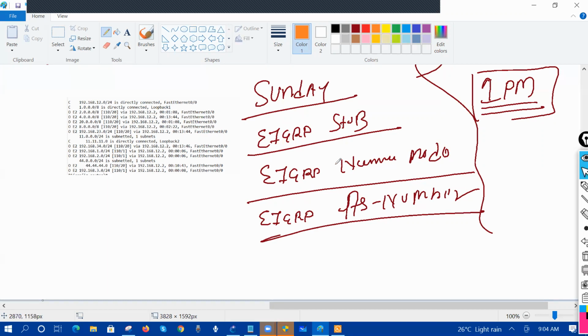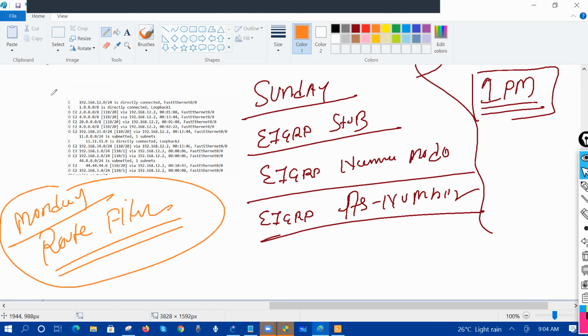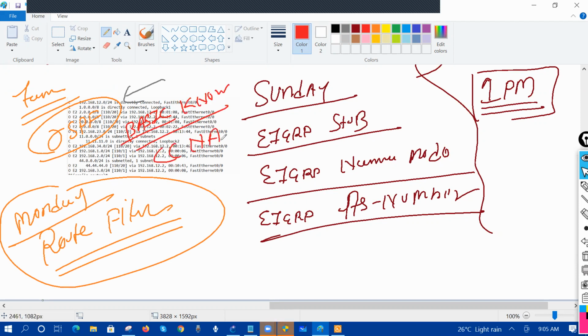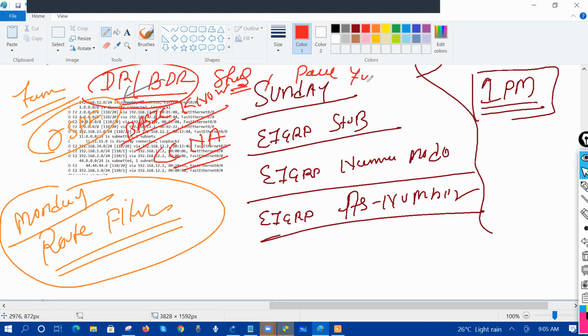All good. After that, we'll see on Monday. I'll show you the route filtering. Okay, and then your EIGRP will be done on Monday. So on Tuesday onwards, we can go for OSPF. And what I want from you guys for the OSPF protocol, you just need to have basic knowledge. CCNA level stuff. Like what is DR, what is BDR, the states we have, and packets. These are the very basic ones. If you don't know,